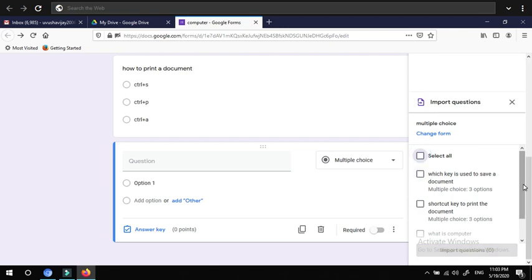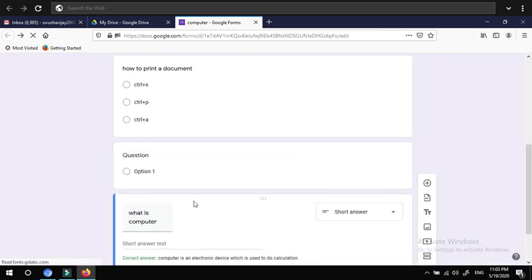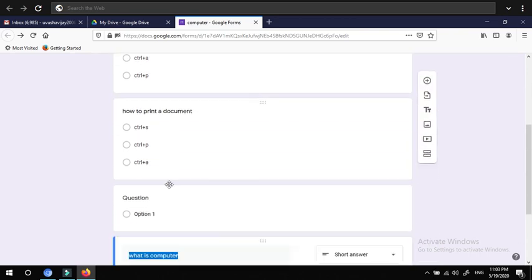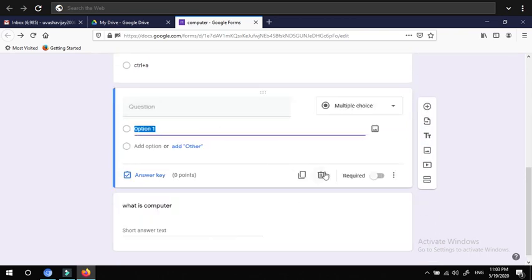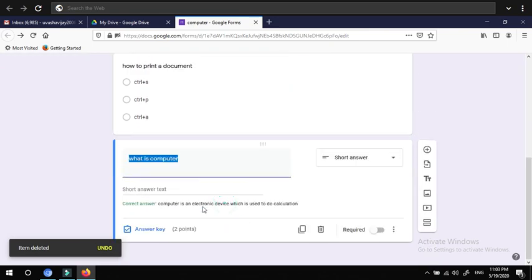I want to select only the particular question to be imported. So in such cases, choose the particular question and select import question. See, can you see that question is imported here? The question is imported here.